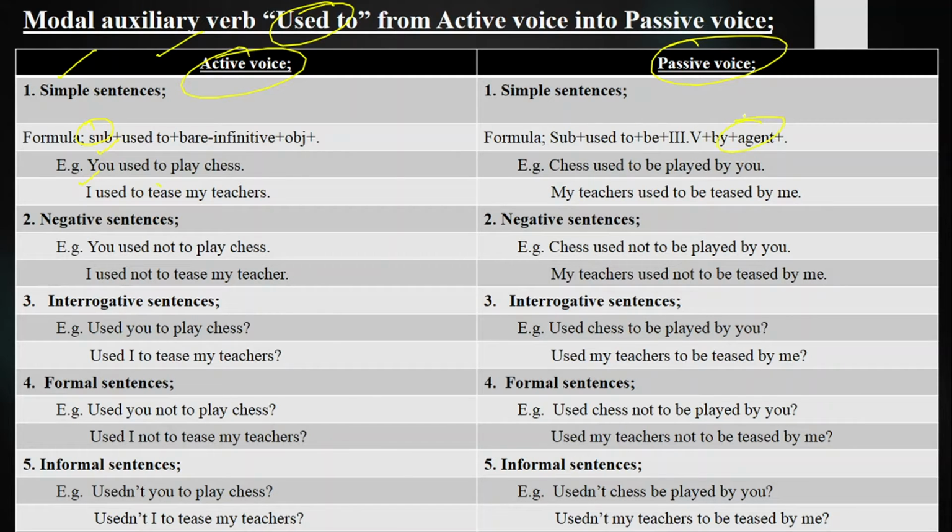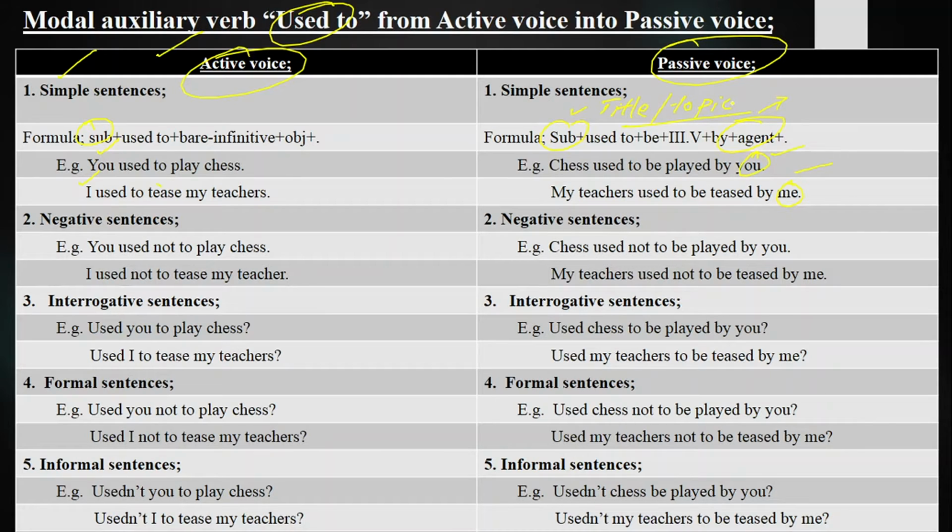When it is affected, keep in your mind, it is called agent. Agent tells us who does an action. In this sentence, you and me are the doers of an action. And in passive voice, when the object takes the place of the subject, it will not be called the doer of an action, it will be called the title or the topic subject which we are talking about. This should be in your mind.